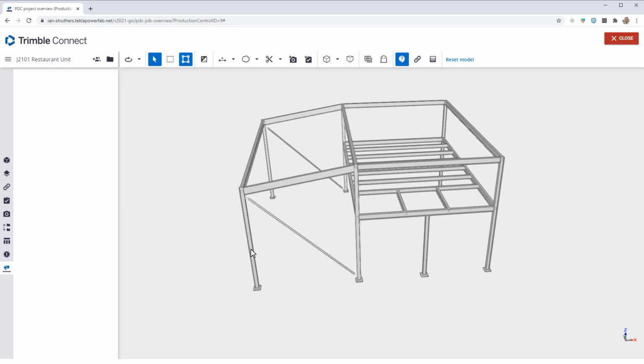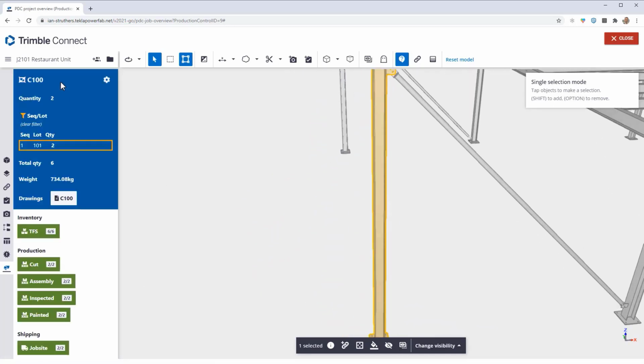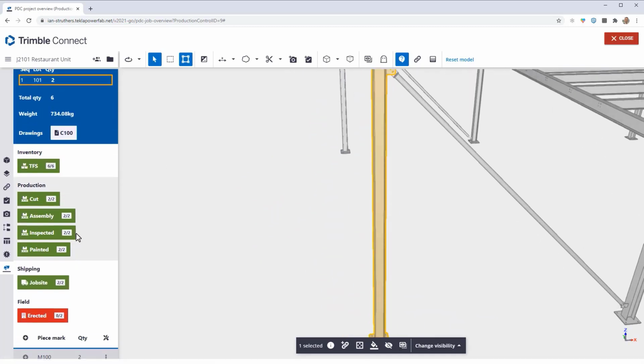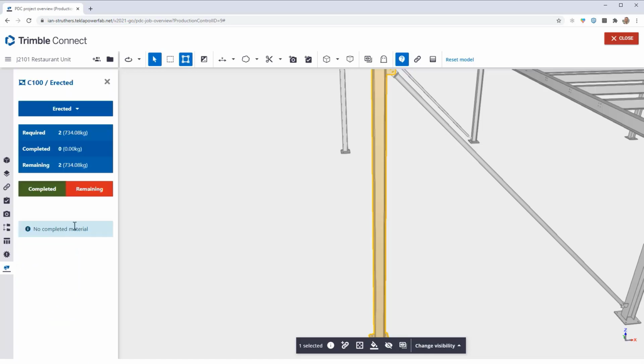And if I just select one of these assemblies, you'll see it's going to pull up some EPM related information on that particular assembly. You could do this for any station really, but I guess most appropriate to be done at site. I'm going to click on the erected station. I can see at this stage nothing has been completed, so I'm going to add some remaining work, and I can see there that there's two that need to be done.